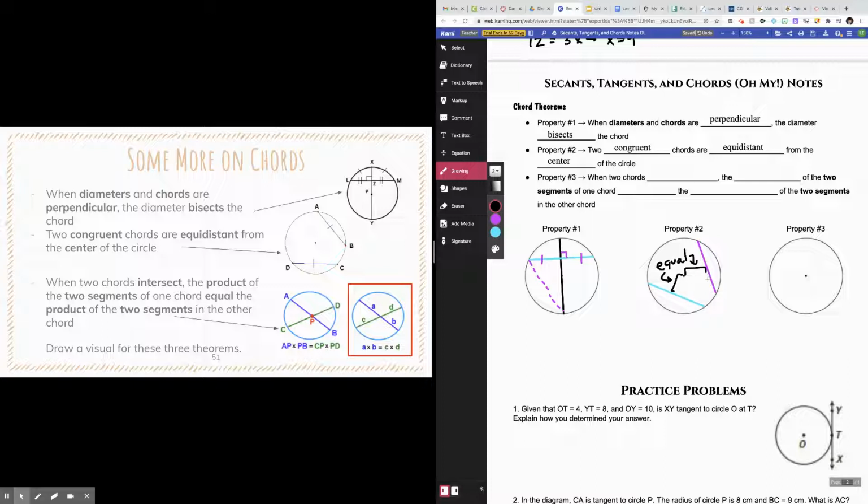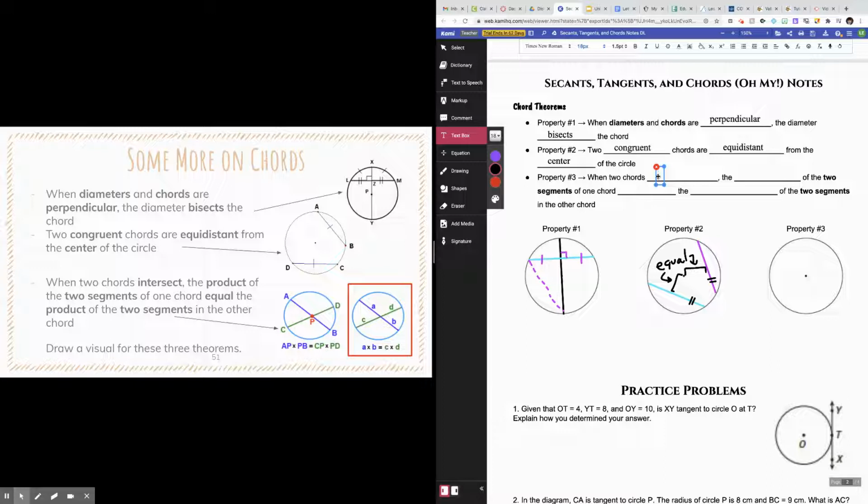And this goes both ways, right? So I'm putting my little congruence markers here on my chords. If you know that those distances in the middle are equal, then you know that those chords are equal, even if it's not marked. Okay, then my very last property, and this is the one that gets used the most. It's the most common property. It's also the property that's showing up in your homework or practice assignment for this section, I believe,